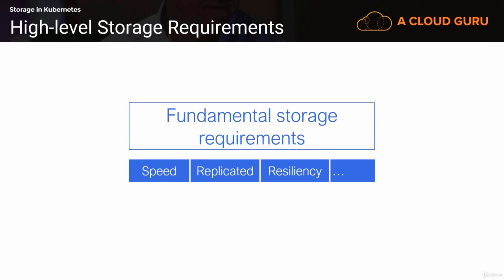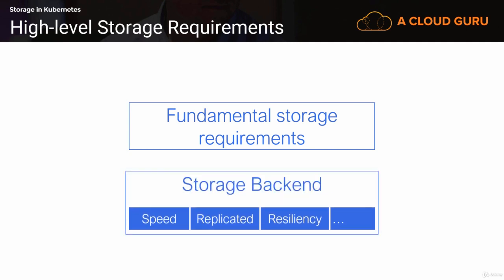Fortunately, Kubernetes has got something to offer on most accounts. But when it comes to most of this stuff like speed and resilience, Kubernetes leaves all of that up to the storage provider, which is where you bring in your enterprise array, or if you're in the cloud, your EBS or S3 and the likes, yeah? It is those back-end systems that provide all of the different tiers and the different features. Kubernetes just provides an interface for pods to consume it, which I know, right, is a bit high level, I get it, but the detail is coming.